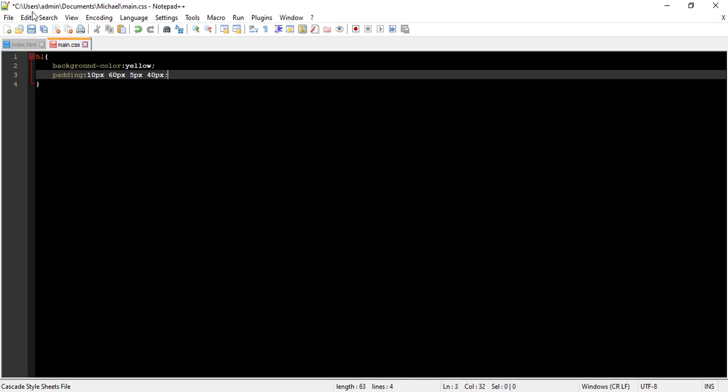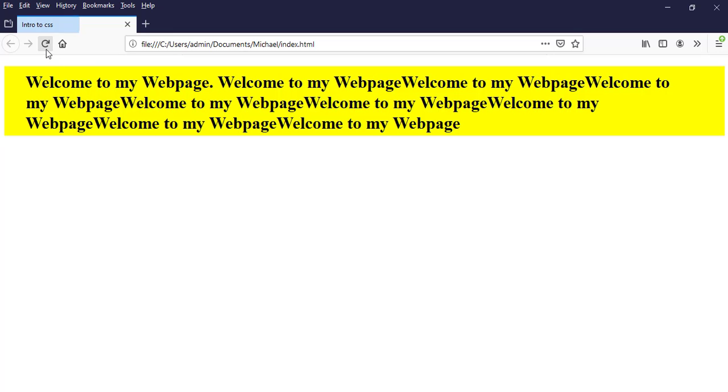I'm going to save this and move over to our browser and click refresh. Whoa. Yeah, so that is for that. Okay, I'm just going to show you another. That's for the single line code if you want to save some space. Then